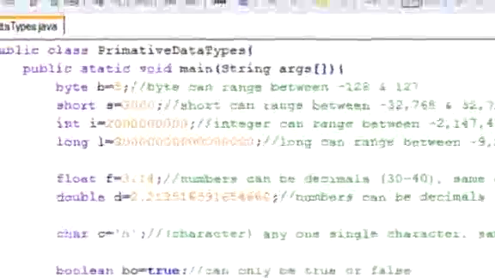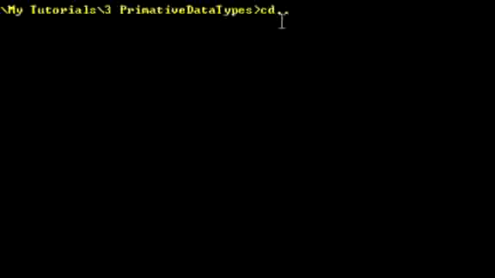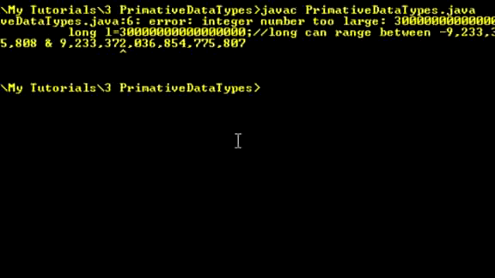Make sure to save. Alright, switch over to command prompt. Make sure it's in the correct folder. Now we're going to compile it. So javac primitive data types .java. Alright, if we get an error, now don't panic